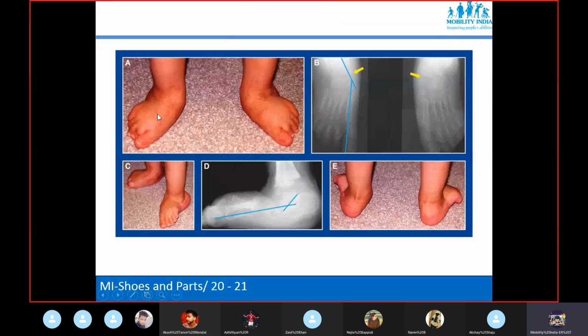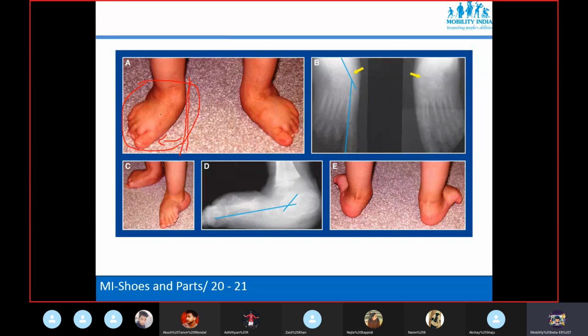So you can see this picture. You can see the foot is going laterally, away from the midline. Suppose this is the midline, it is going laterally. If this deformity, this abducted foot, is fixed, we can use the normal shoe last. Saying, if this deformity is fixed, this is called forefoot abducted gait.